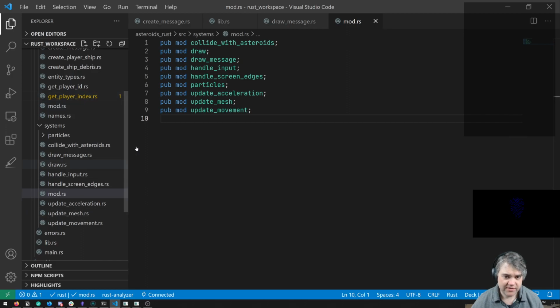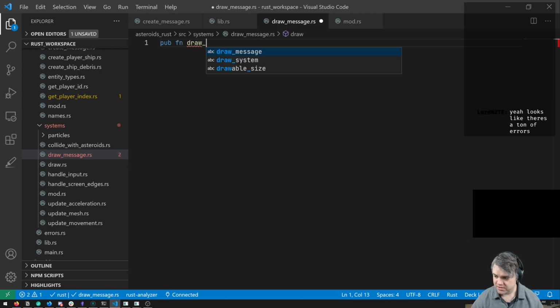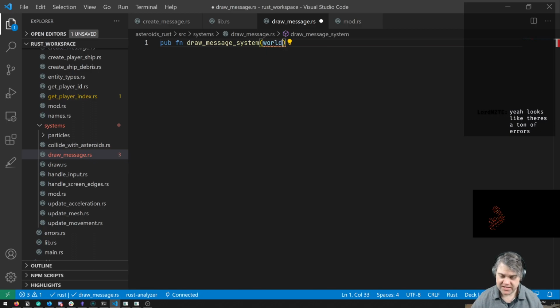Okay, so if we have this, we're doing a draw message. All right, pub function, draw message system. So we know we're going to need the world. That could just be a reference to the world.